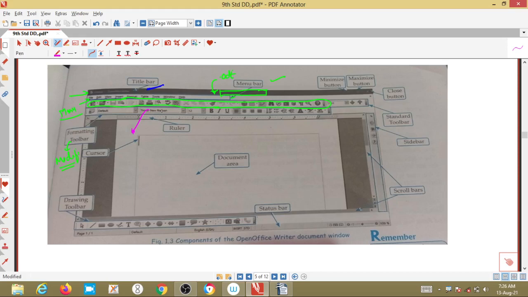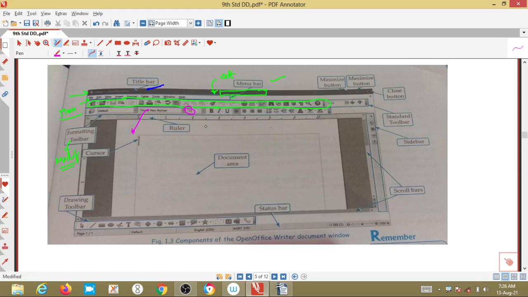You can change this, change the size of the font, make it bold, italic, underline, and set the paragraph positions: left aligned, center aligned, right aligned, or justified. By these we can modify the text, which we call formatting. This toolbar we call the formatting toolbar.